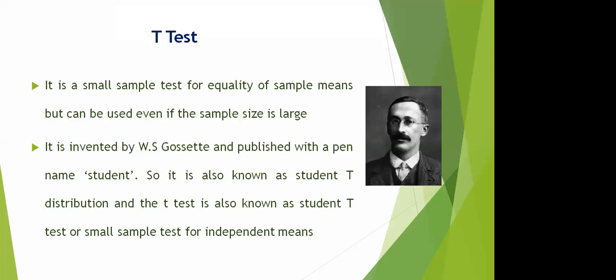The t-test is used for comparing a population mean to a sample mean, or comparing two sample means or population means. Up to two groups can be compared with the help of the t-test. But the data should be quantitative in nature and should follow normality. That is very important when we do analysis with the t-test. It was invented by W.S. Gosset and published under the pen name Student, and thus it is also called the Student t-test.